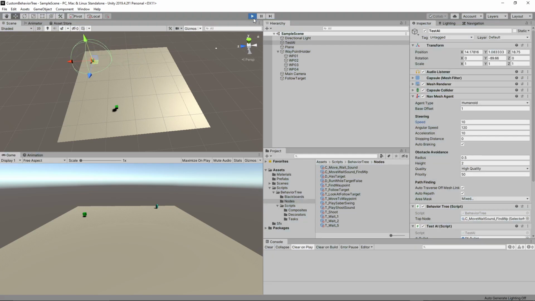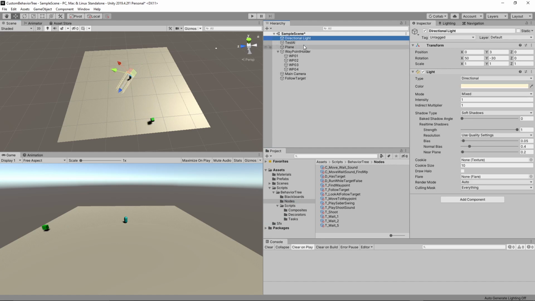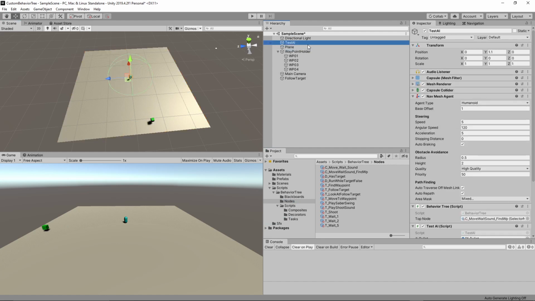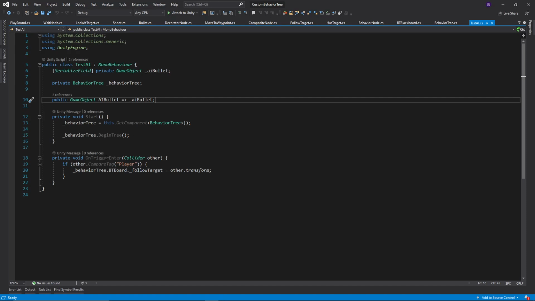I've already got some stuff pre-made. Let's think about doing a follow target. So it follows this. Well, some things that we need. First of all, we need a way for the AI to find a target. So that's what this collider is for. And then on the AI, inside the onTrigger is a way to set the follow target. So when the collider, if it's a player, set that to the follow target in the